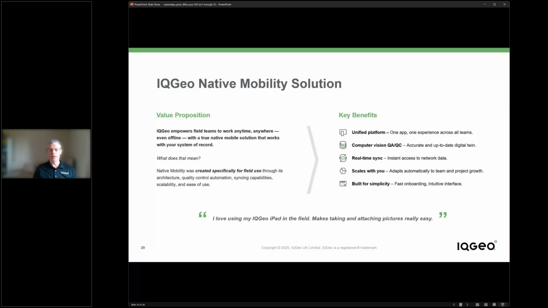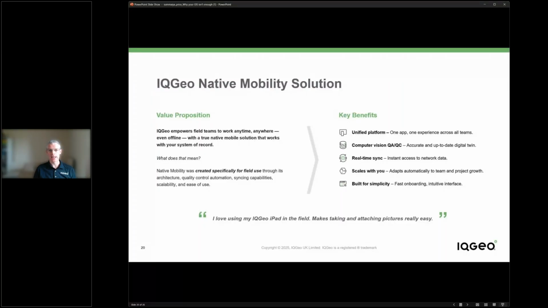So we believe that unified platform, integrating that computer vision approach to tackle the problem of data quality, the fact that you can synchronize that information in as seamlessly as possible, and being able to scale that solution and focus on simplicity.